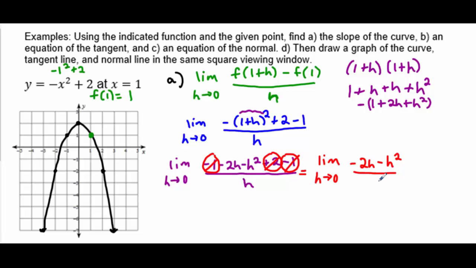We are left with negative 2h minus h squared over h. And at this point, what we're doing is we're basically factoring the top of this. They both have an h in common. So we can take out that h and get negative 2 minus h. And then cancel out the h on the top and the bottom. The other way of thinking about it is just anytime we have the same thing in all of our terms, we're allowed to cancel whatever that is out. So if one of these didn't have an h, we would be stuck. But since they both have an h on top, it's like we're dividing the h into those. So this leaves us with